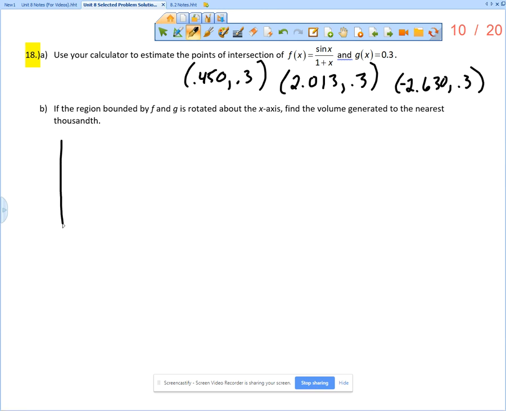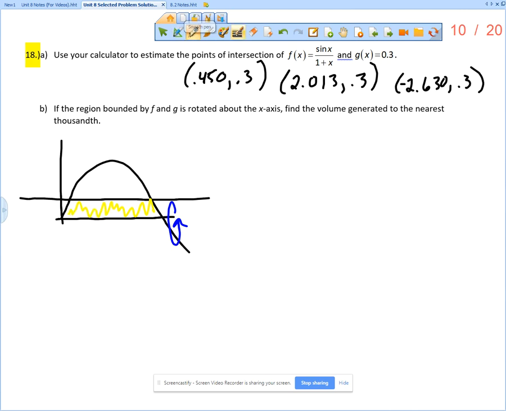All right, so I'm going to draw that here. I've got this curve coming through like that, and then I've got this horizontal line, and so I've got this region. I am going to take that region and rotate it around the x-axis. So rotating around the x-axis right here, you can see that there is clearly a gap between the region and the axis of rotation, and so this is going to mean that we want to use the washer